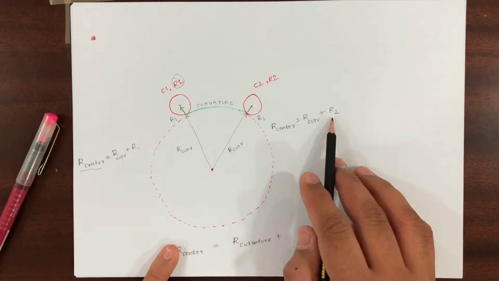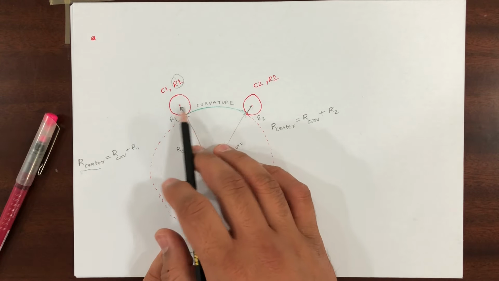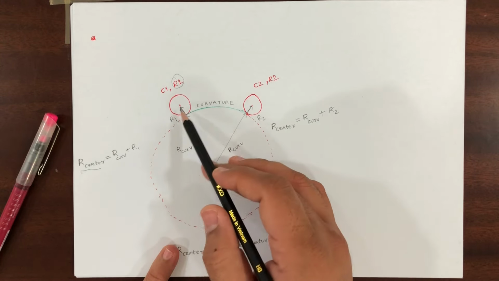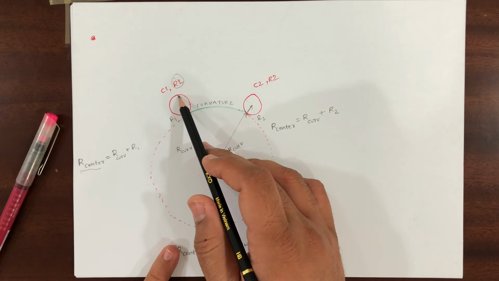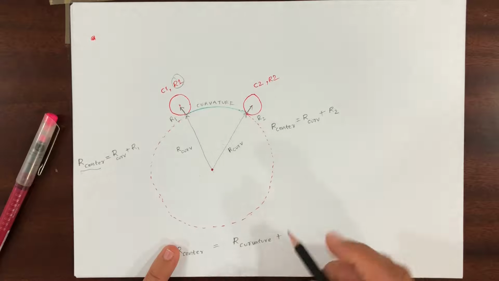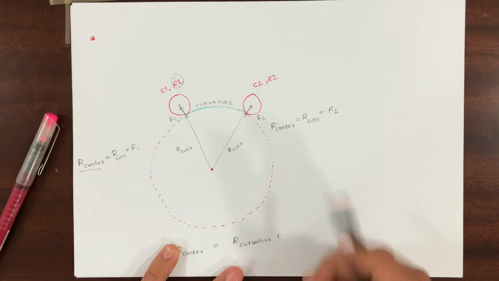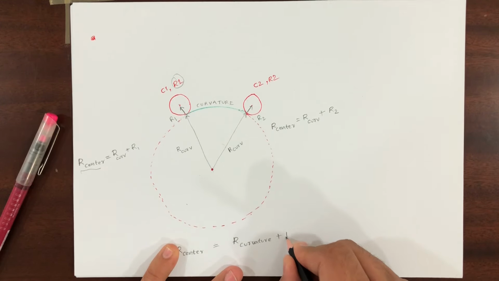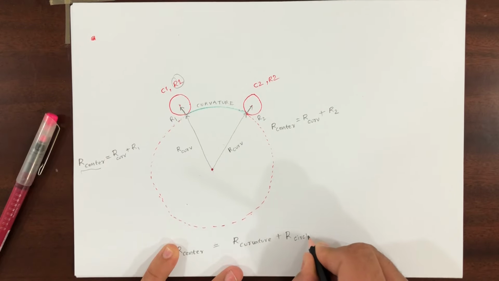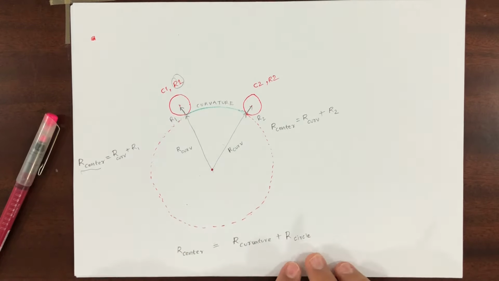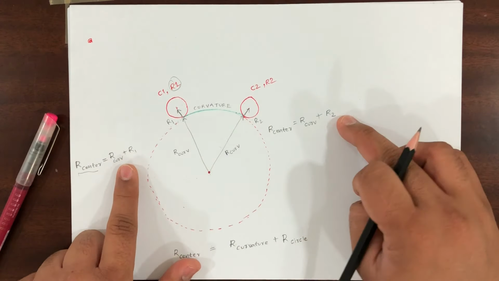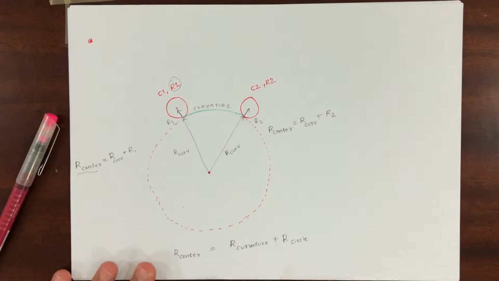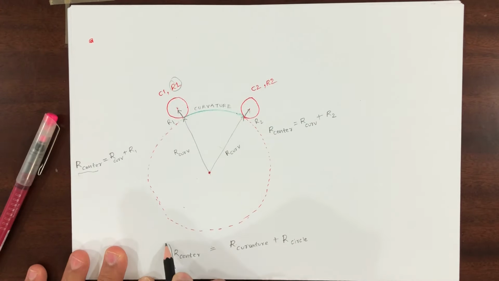What is R1 and what is R2? These are the radii of the circles. This is the radius of this circle and the radius of the second circle. So I am simply writing this as the radius of the circle. If you take the first circle, it will be R1. If you take the second circle, it will be R2. So here this is the generalized formula.